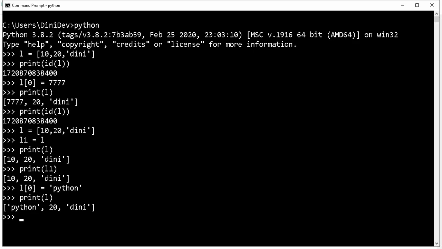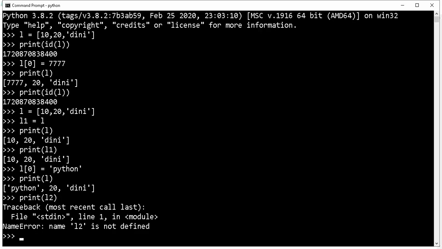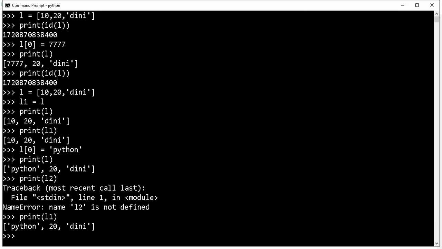Now check whether L1 is changed or not. L1 is changed because we mentioned L1 equal to L. So whatever changes are made in L, it will reflect in L1 also.